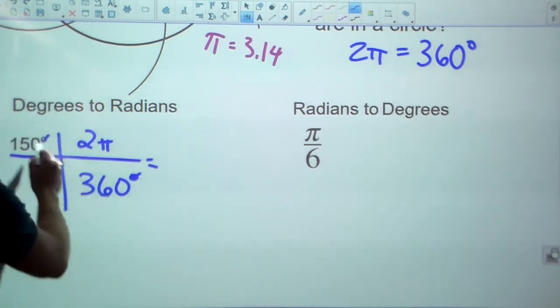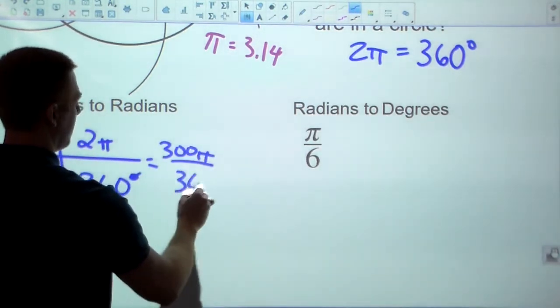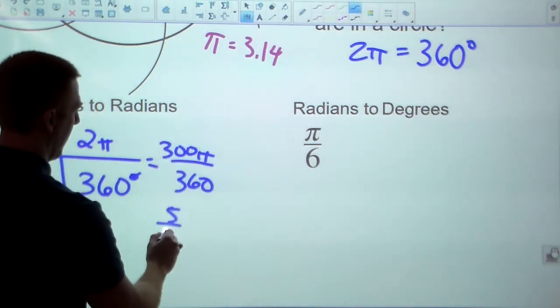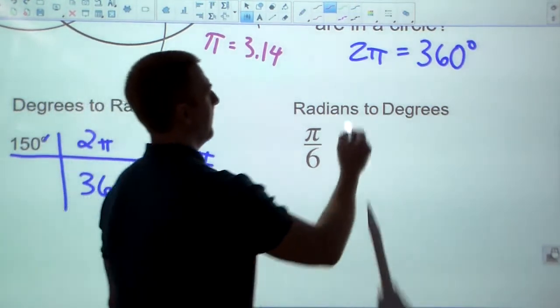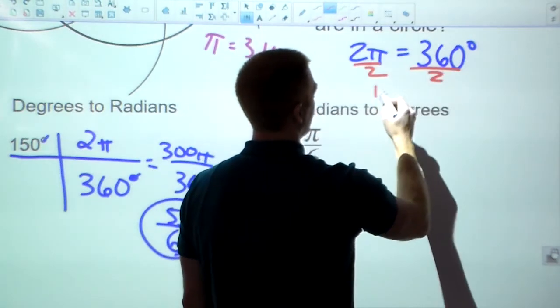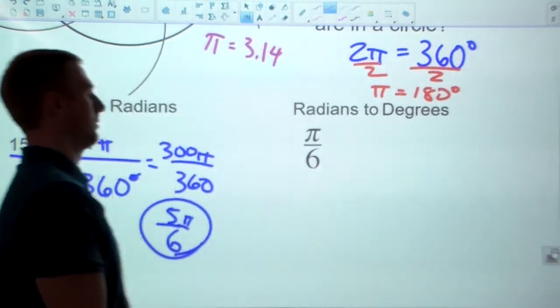And we will get about 300 pi over 360, and you always want to reduce, so both can be divided by 60, so 5 pi over 6. An easier way to go about this is that there's 2 pi radians for 360 degrees. You could divide, and pi is really half a circle, so